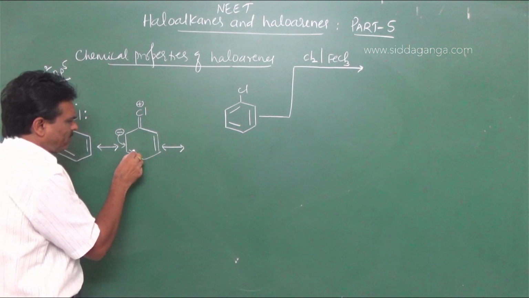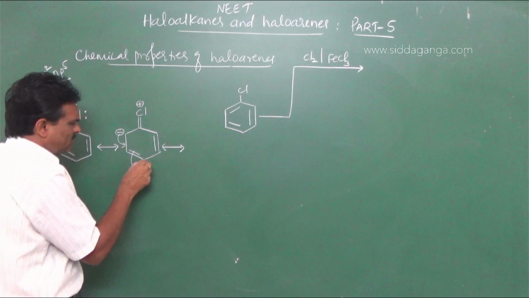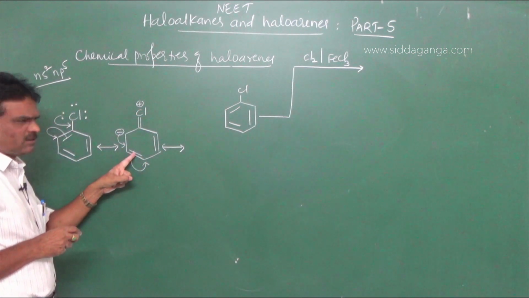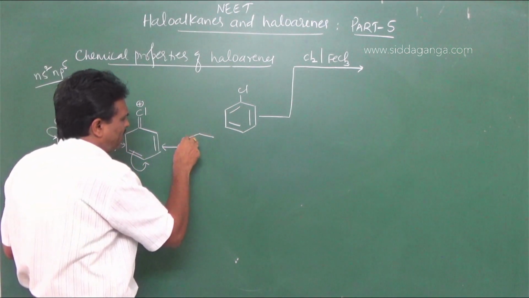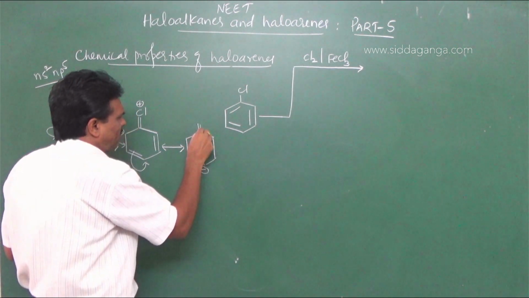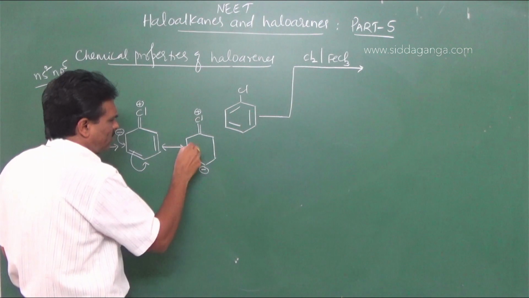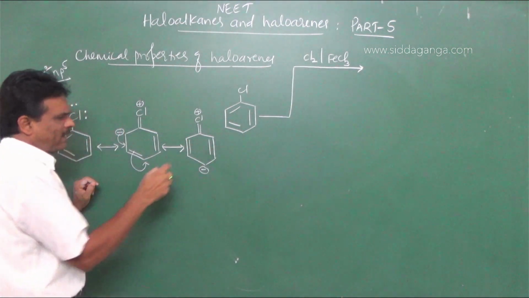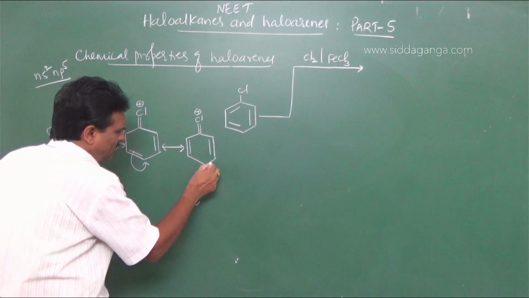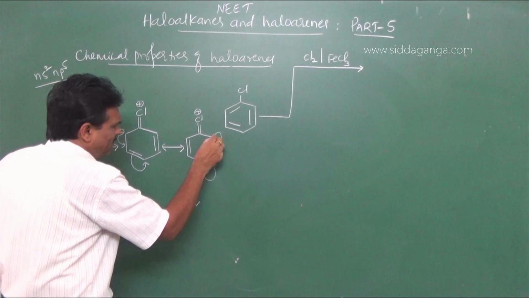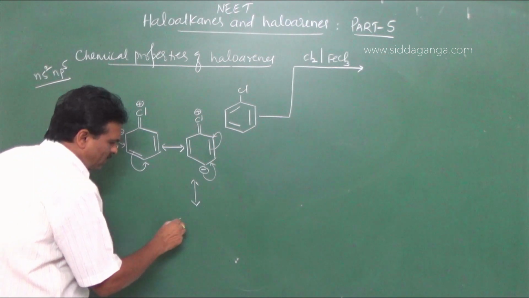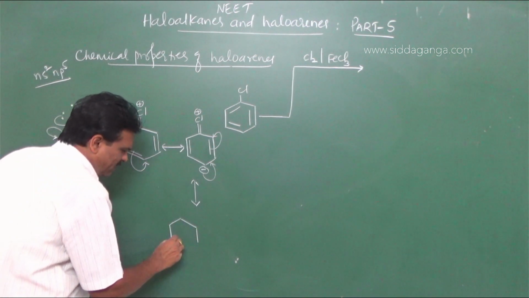At the same time the electrons, the para carbon atom with respect to chlorine gets a pair of pi electrons to form another resonating structure. So the negative charge shifted to the para position. Again, if the electrons are involved like this, at the same time the ortho position acquires a pair of pi electrons, meaning the ortho position becomes rich in electrons.